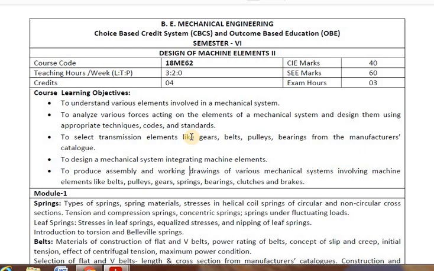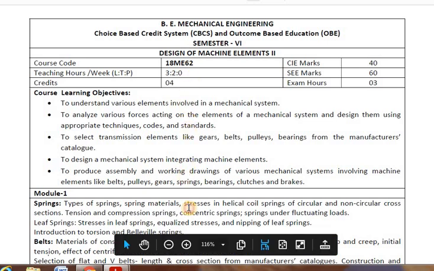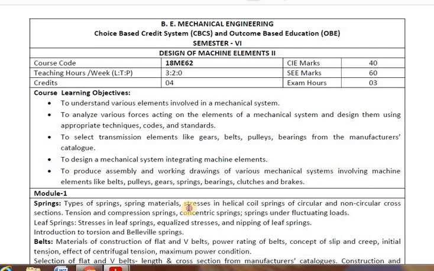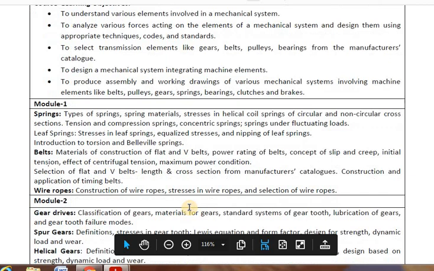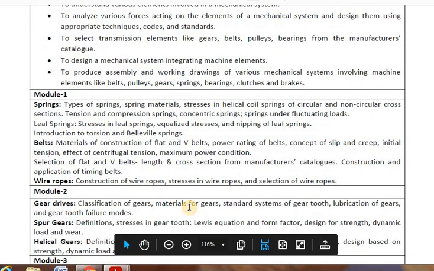You can see here, this is Design of Machine Elements 2, as I said already, for the 18 scheme, 18ME62. Similarly, for 17 and 15 the code is going to change, but the contents are almost the same. So we go ahead with module 1. In module 1, the chapters are springs as one chapter,